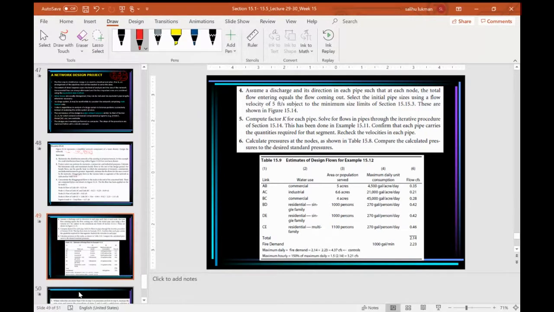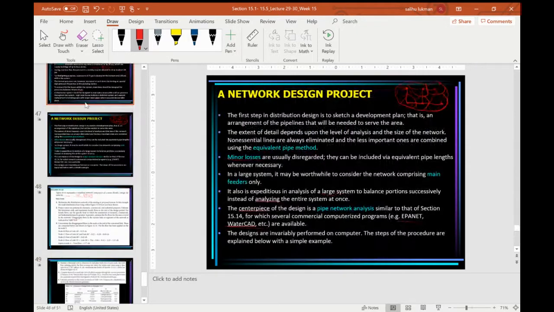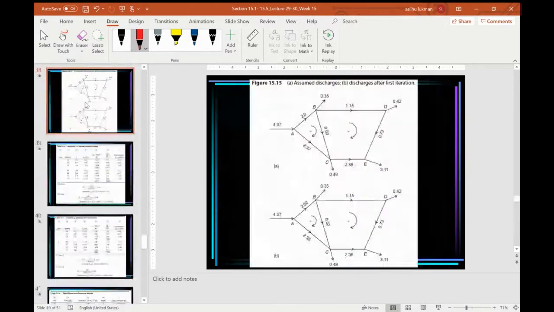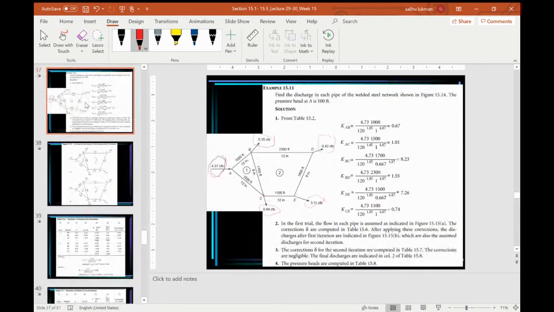So, subject to the minimum size limit, and these are shown in figure 15.4. If you look at it, the sizes were already shown on the figure. You can see 12 inch, 12 inch, 12 inch, 12 inch, 8 inch. So we already assumed the discharge in each pipe and the total flow entering, and based on that we